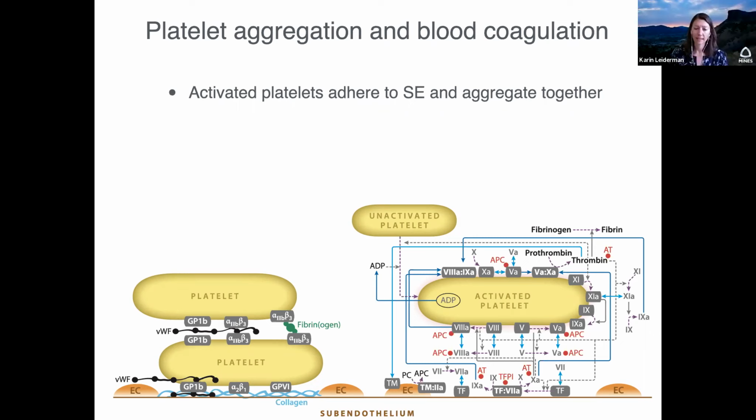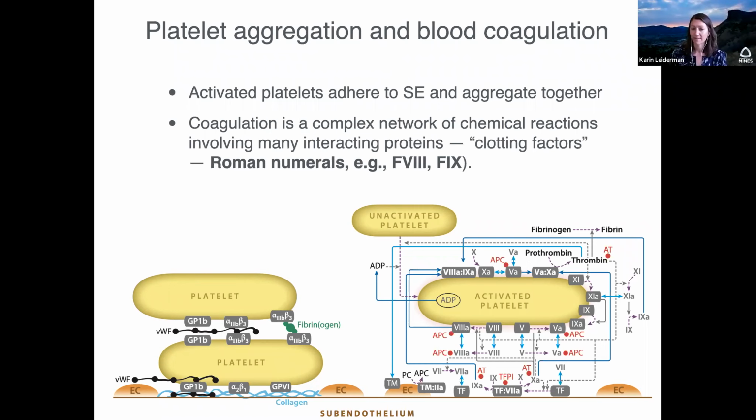And coagulation, here's the picture I showed a few slides ago, zoomed in, is this complex network of chemical reactions that involves all of these clotting proteins or clotting factors. As many of you know, the notation here is to use Roman numerals for the clotting factors. So obviously factor 8 and factor 9 are the deficient proteins in hemophilia A and hemophilia B,